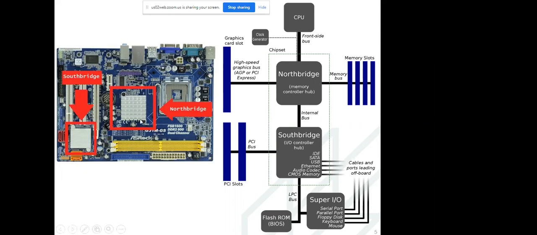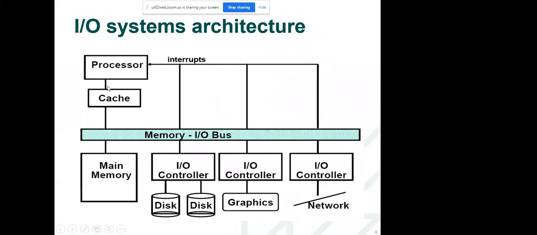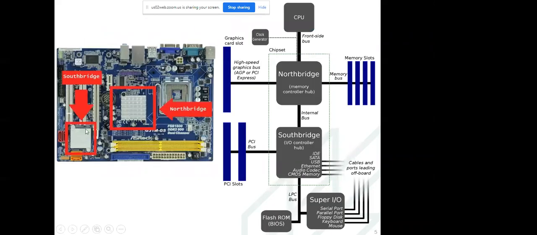Actually, you can see here this is your memory, and this is the memory bus, and this is the controller. Controller means there should be an interface which will interact your other secondary memories with this one. So that's why here is the South Bridge, this input output controller hub. This is your interface.